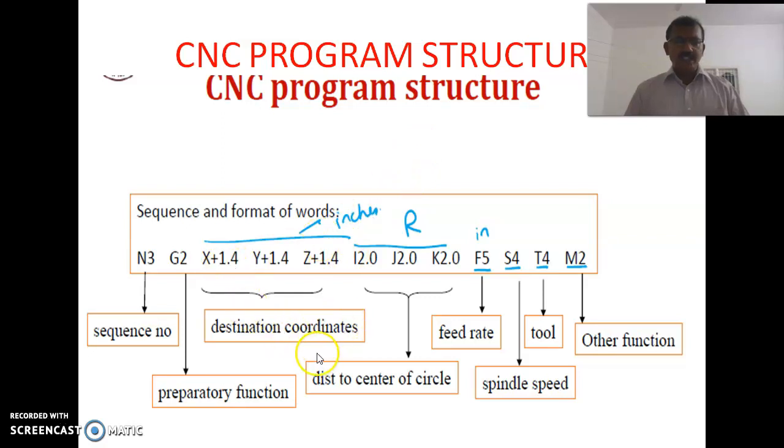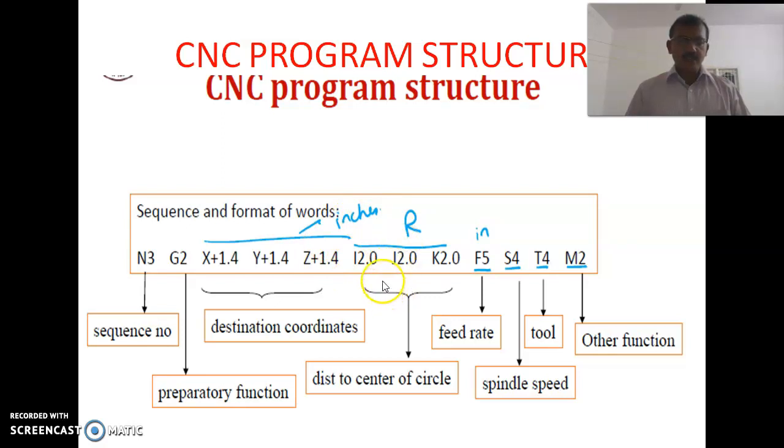Then G01, linear interpolation, from point A to B, that is x 1.4, y 1.4, then x 2.0, y 2.0. If it is like this, then the tool moves to that position. This is called linear interpolation. Then circular interpolation.